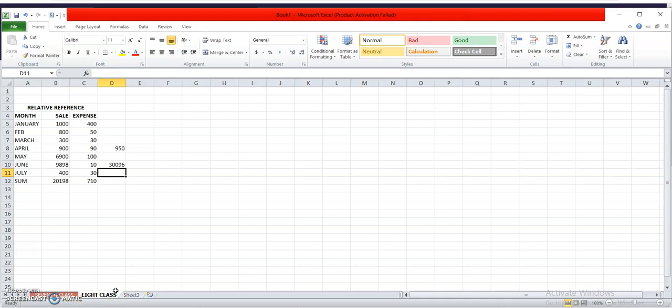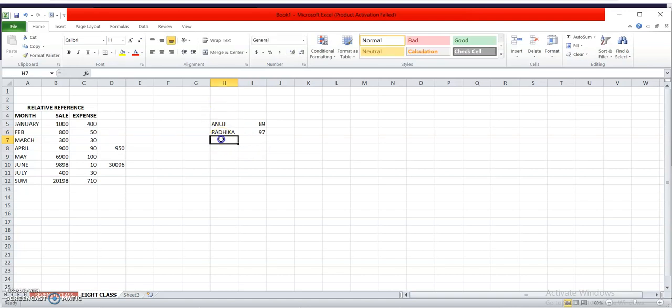The next are the simple functions that you are going to apply, like average. If you want to find the average of the students, how can you find it? Let us take one example. I want to take the average of these two students. How will I get the average?